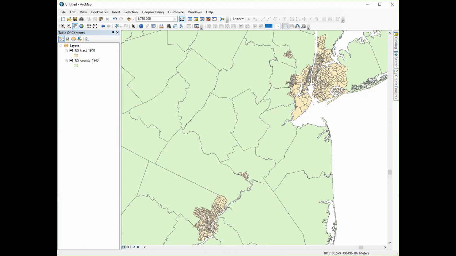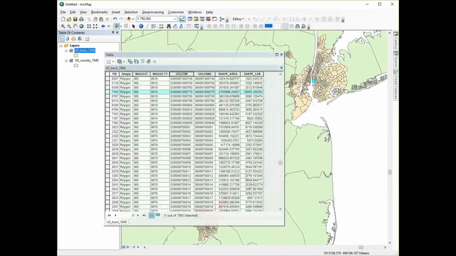So here in 1940, you can see that New York City is covered, some parts of New Jersey are covered, Yonkers is covered, but most of Long Island is not covered, and so on. But that's what we have available, and there's lots of things we can do with that data. So I also have a table, and I'll just go through the basic steps here. One thing we do with NHGIS